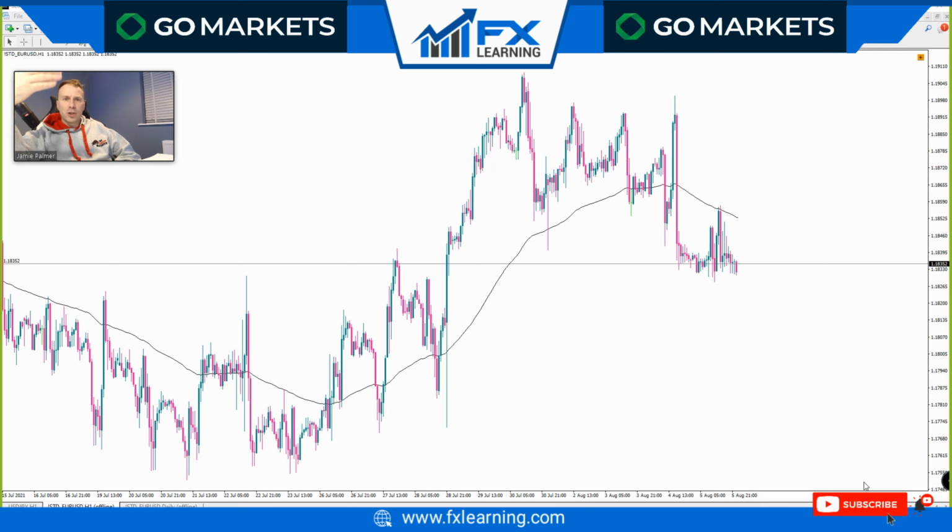Because price is in a downtrend, I assume that price is going to go down. That is no different to if you were to say that perhaps price has come up to a Fibonacci level and you are taking a sell because you believe price will bounce off that. Okay, it's just a probability game. You can either make it really complicated